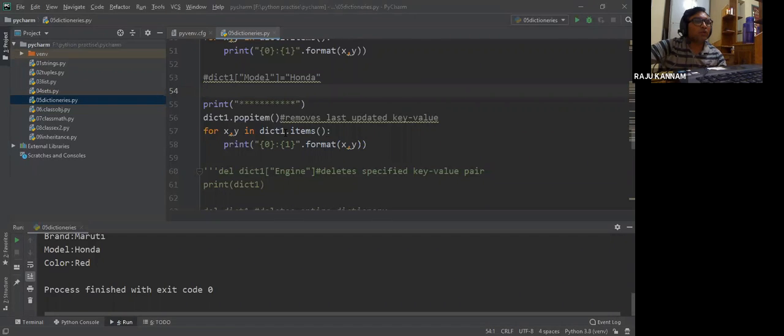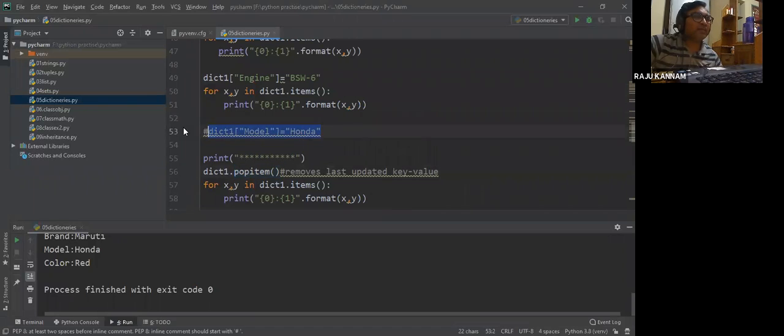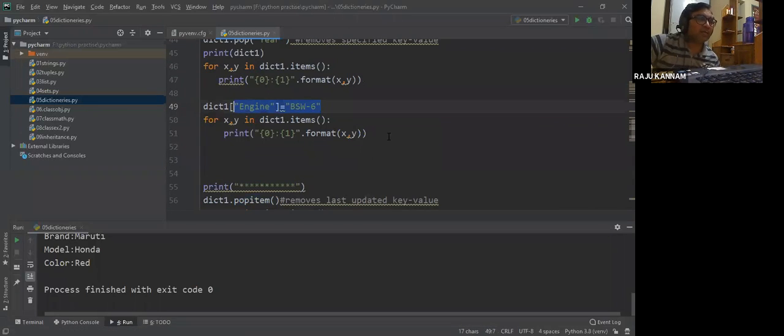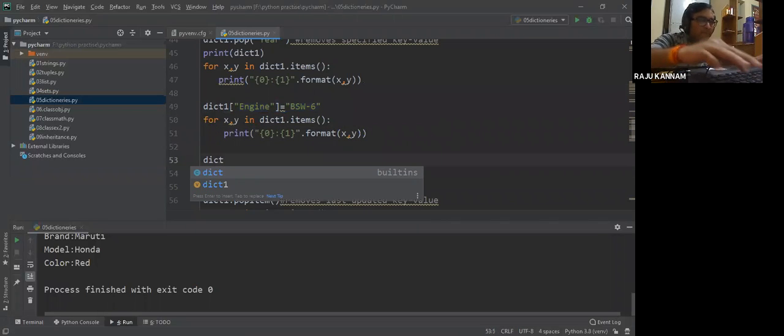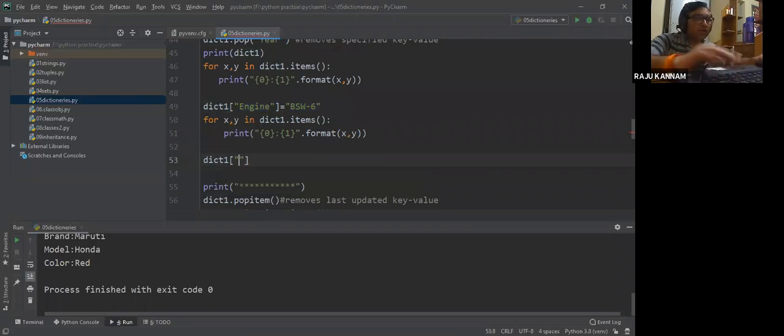Popitem will remove the last entry made in the dictionary. Here we made the last entry engine. After this, I will do another entry, dict1 location, I will add one more thing, location Bangalore.